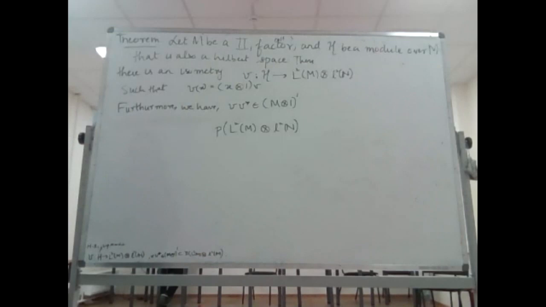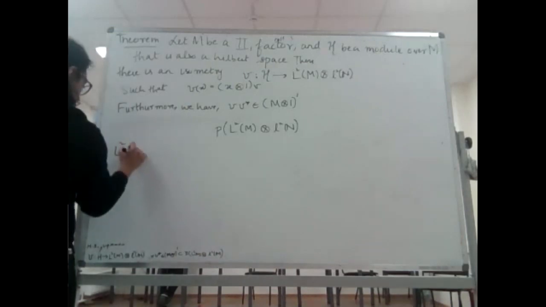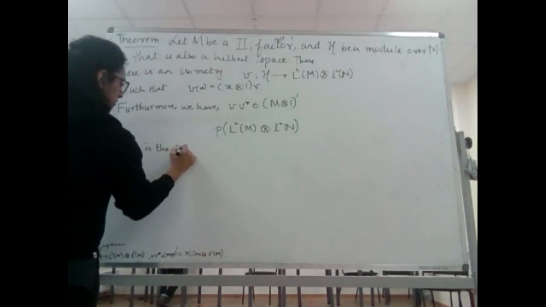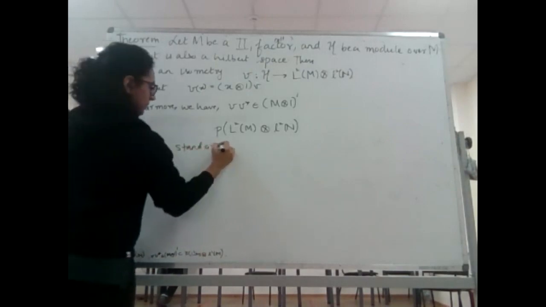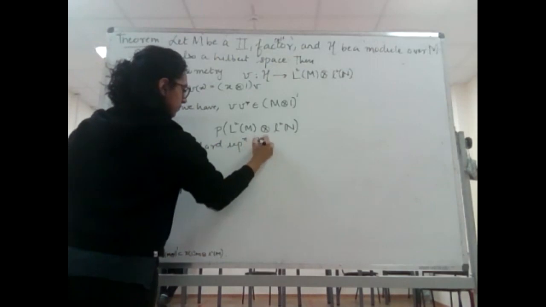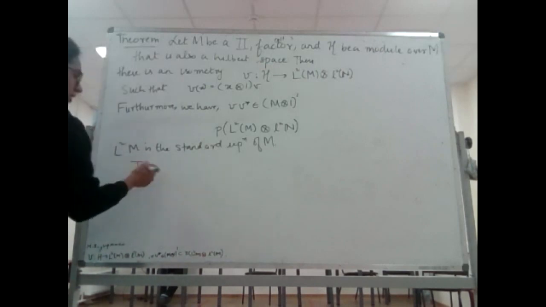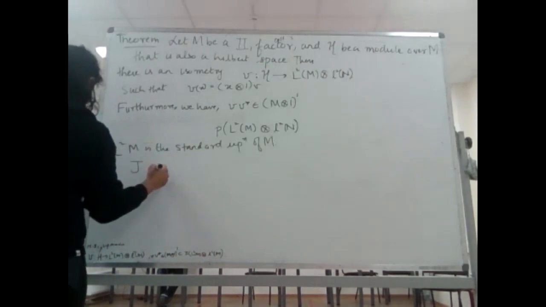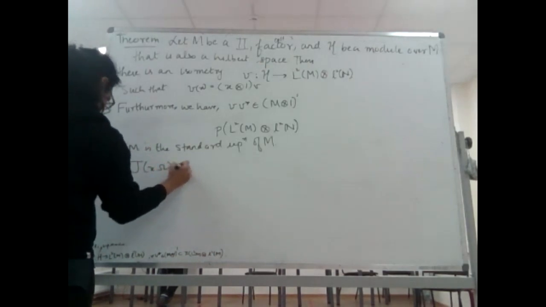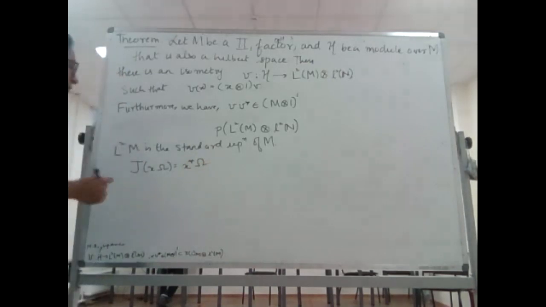Yes. L2M is the standard representation of M, which was the group von Neumann algebra that we found earlier. And to see what it looks like, it also has an involution, the J that we defined earlier on L2M. So it is the involution of this space. All right, so now that we have that,